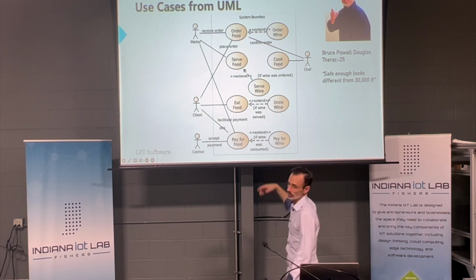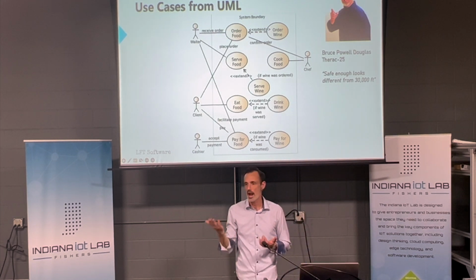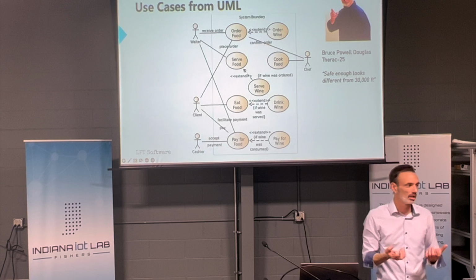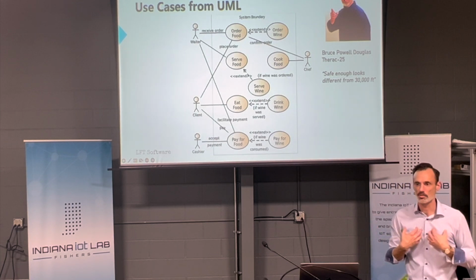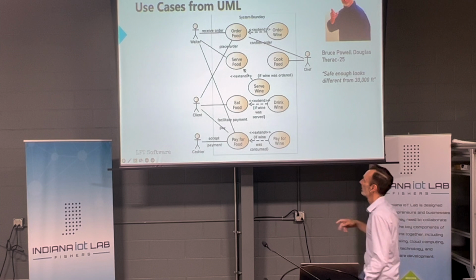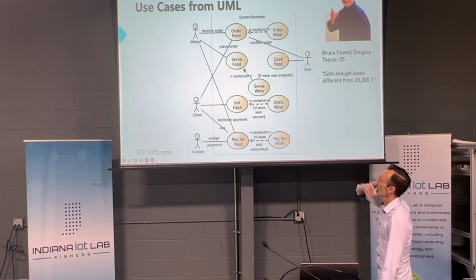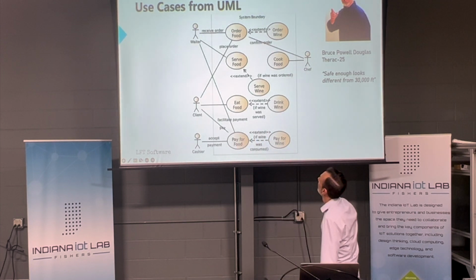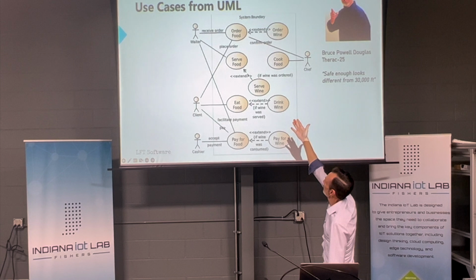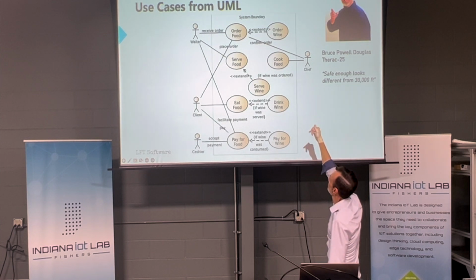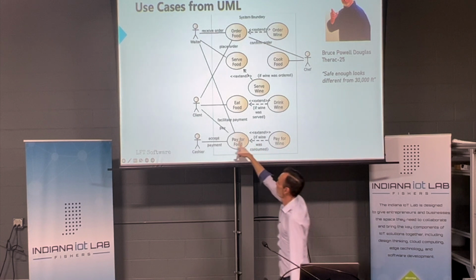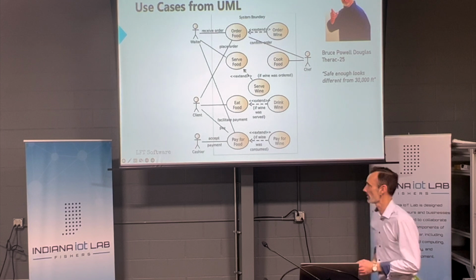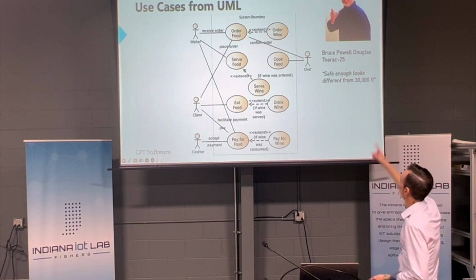And this box, this rectangle, is the system. The system can be an app. It could be an embedded system, like in your car, like the radio. It's whatever it is that you're going to develop as an engineer in product development. In this example, it's like a restaurant kind of thing. And these are the use cases. A waiter receives an order, or order food, is a use case. And it ties to each of the different actors on the system, or different people who use the software or system.